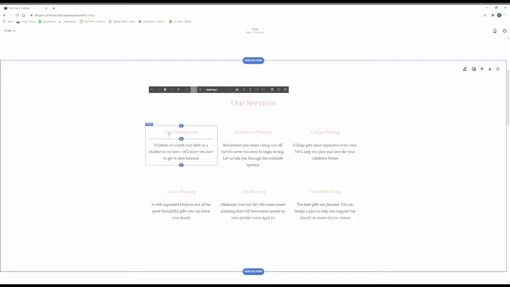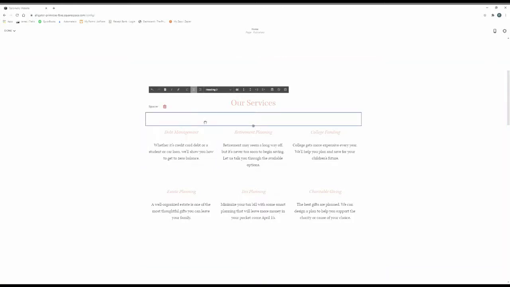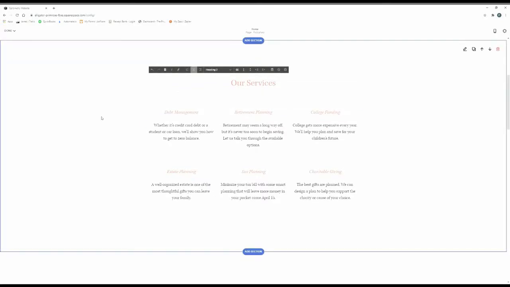This here is an example of a content block. It's a piece of text. This here is a spacer. This is also a content block, although it's used to help the structure of your website and make everything look nice. To add a content block,